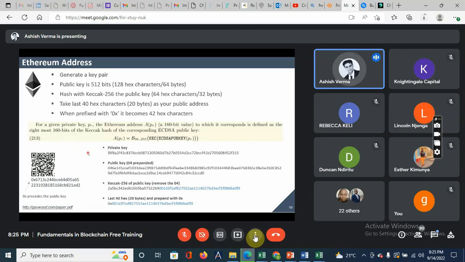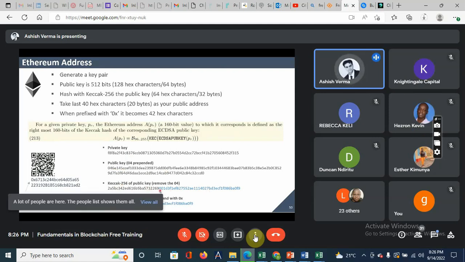This is the Ethereum address. How is it derived? This is a 4-step process. I've explained the same thing here, but let's go here directly. We have the private key, which is generated based on a seed phrase. Then we take the public key and prepend it with 04. So we put the 04 here, and then the public key which has been generated based on this. Then we take this entire thing and put it into the Keccak-256 algorithm, and then we get this hash.